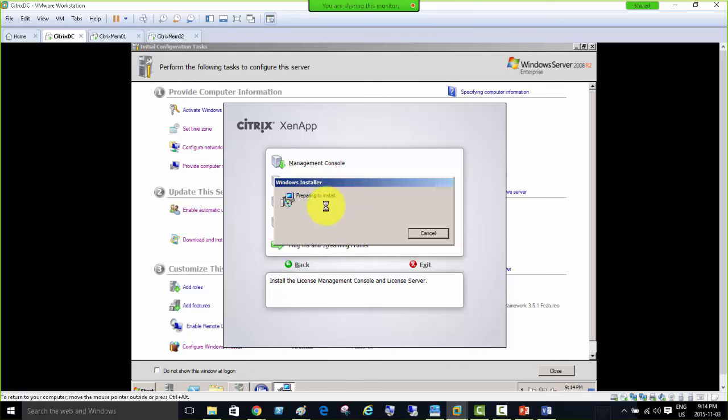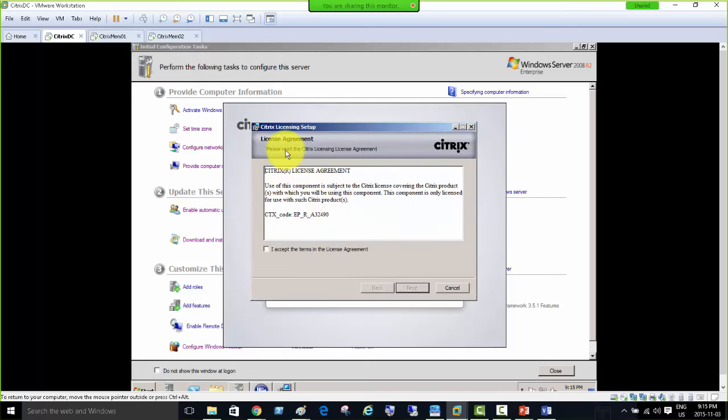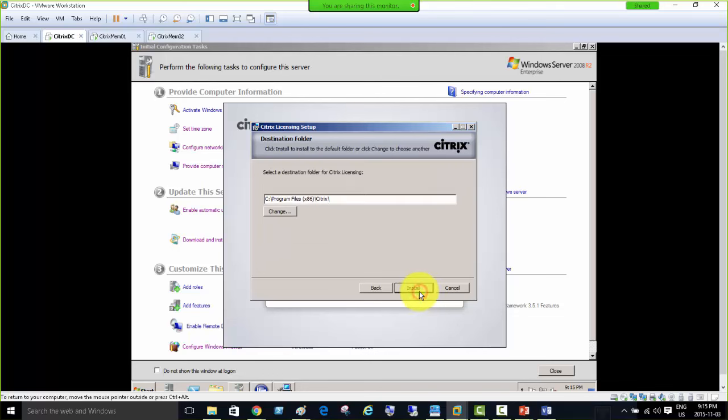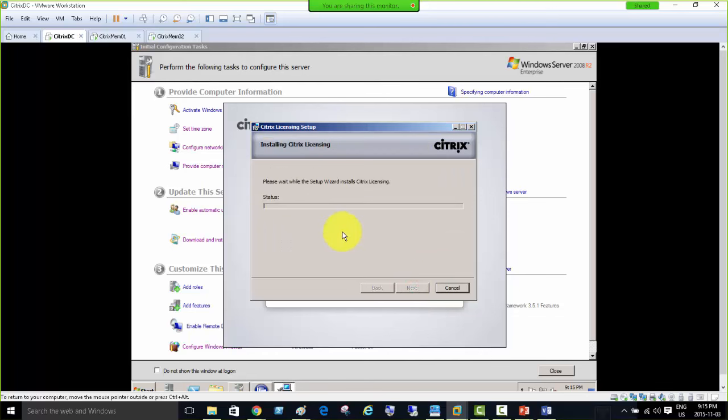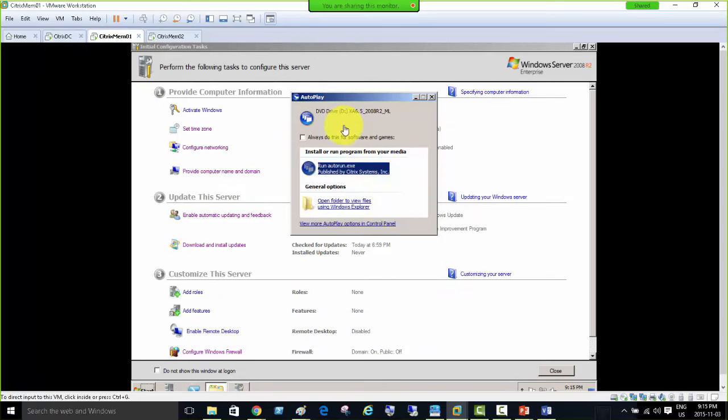So this is preparing to install the license dashboard, a web-based interface here, and we're gonna let it go. Okay, it's there, the license setup. Even for the evaluation version, we have to install the licensing separately. So I accept the terms and conditions, click next. Yes, this is the path. We're going to install the licensing role of the Citrix server. While this goes on, I could save time and go to the second server where the auto